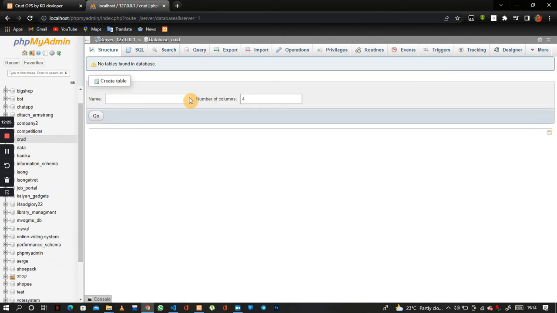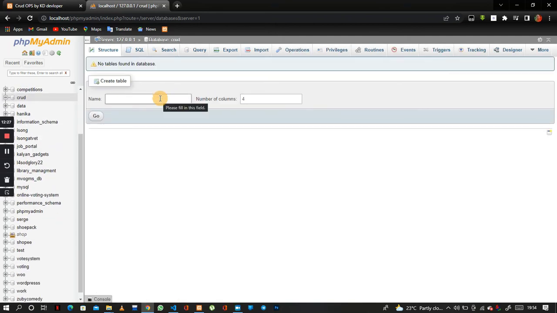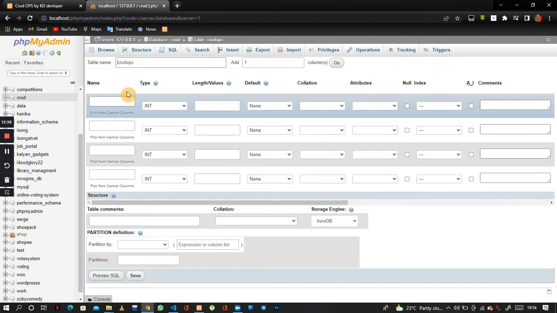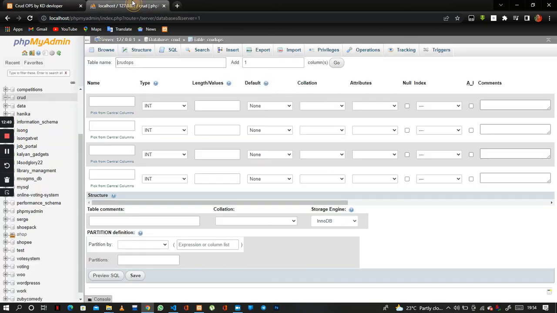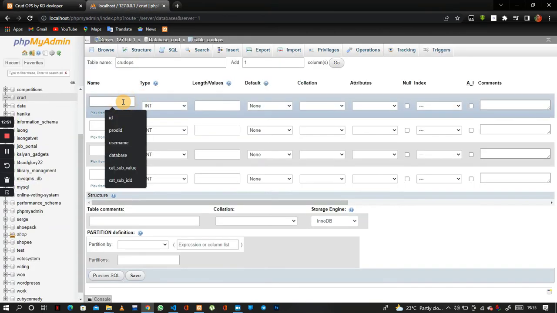And now type name, varchar, length is 30, and surname, varchar, length 30, and age, it is integer, and length is 3, and click on save. As you can see, the table is created, and on SQL there is some code it is generating. And now we are going to